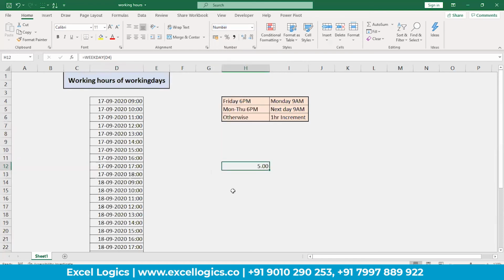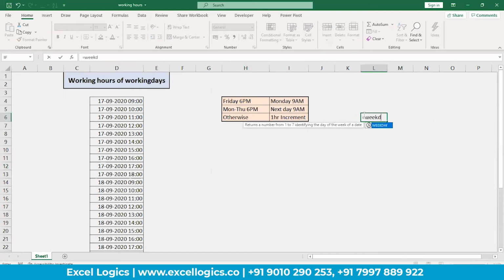It is giving 5. 5 means Sunday, Monday, Tuesday, Wednesday, Thursday. 17th September 2020 is Thursday. It gives day number in a week.